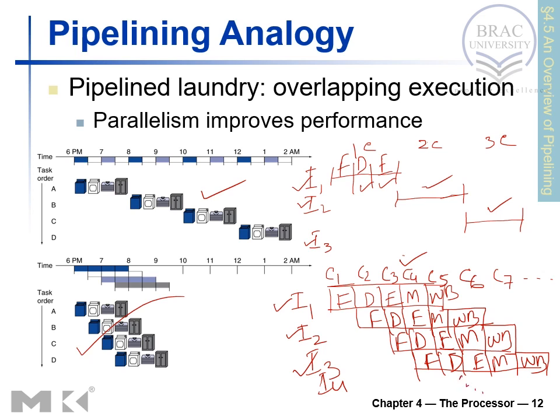Now what if we compare this method with the single cycle implementation? What we have seen is that we executed 3 instructions in a single cycle implementation, and that would take around